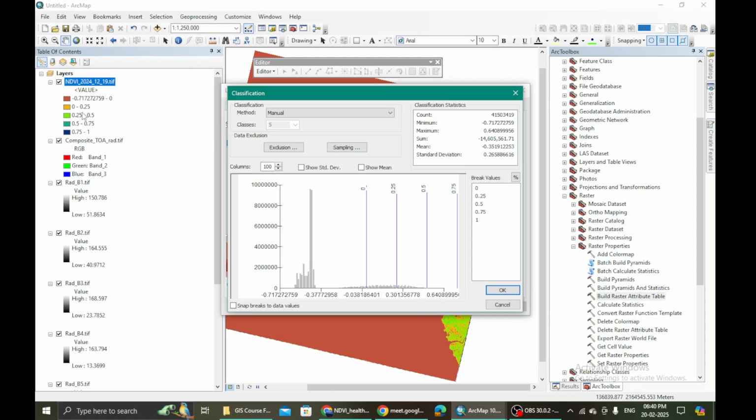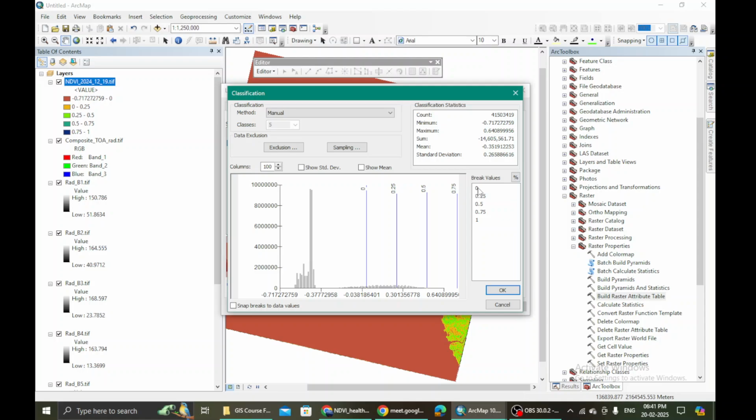But in this particular very specific NDVI image, our maximum value is 0.64, not really 1, and then minimum value is minus 0.71. So we have to give them a standard range. No matter which image we take, all of them will be able to fall in this particular category.